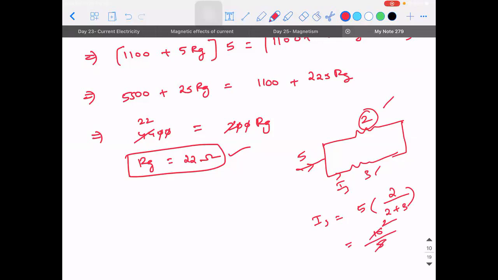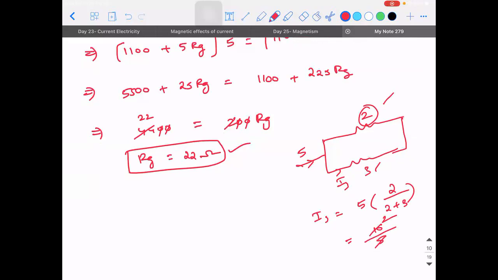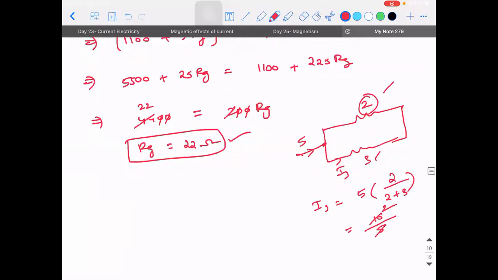Did you understand what I told? So whenever you know the value of, see, listen to this carefully. If you don't know, learn this method. Whenever you know the total current that is flowing through the circuit, if suppose you're dividing them into two parts, let's say I1 and I2, where I1 and I2 are the currents through only two parallel resistors. This is applicable only for two. Then if I want to find the value of I2, I will take the total current, multiply with the resistor in the opposite direction, that is 2, divided by the sum of both the resistors which are in parallel.